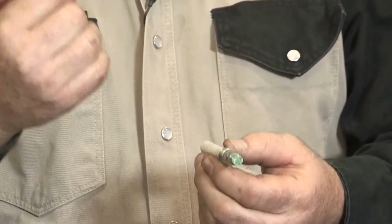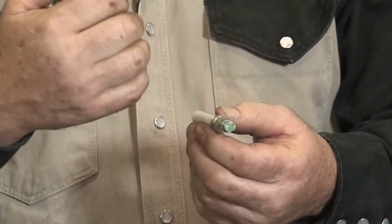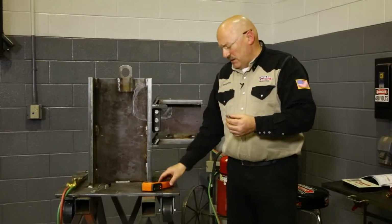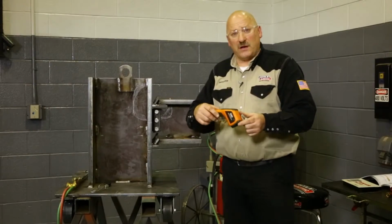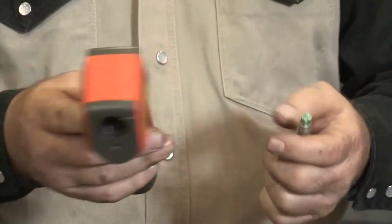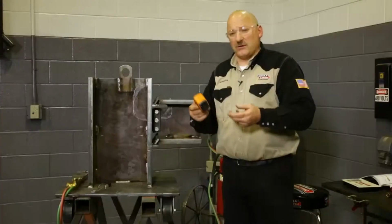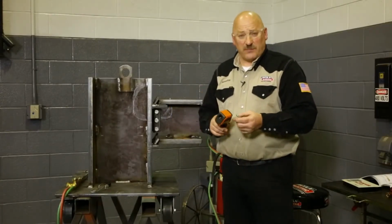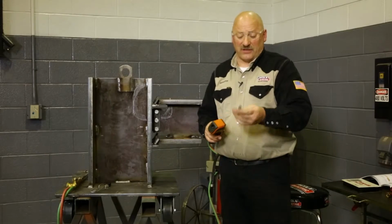What's important is that the minimum temperature is achieved. In this case, if we went about 100 degrees over, it wouldn't hurt a thing. So another way to measure is infrared guns. These are common too, and these are getting less expensive and easy to use. And there's thermocouples and more precise ways. But for what we're doing today, and what typically is used on a high-rise building like this, is the temp